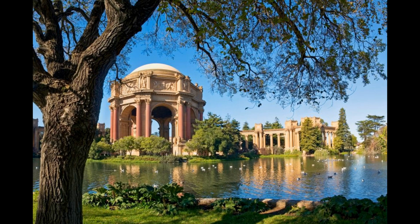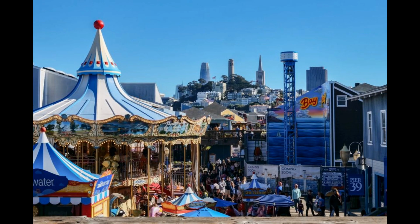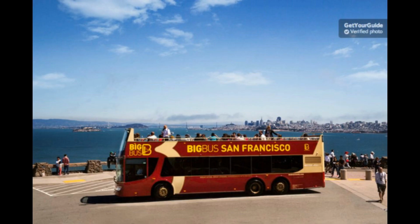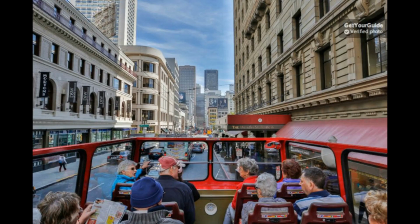As you explore the cells and grounds, listen to the gripping audio guide that reveals the tales of daring escape attempts and the lives of the inmates. With your 2-day Big Bus hop-on hop-off pass, have the freedom to explore San Francisco at your own pace. Hop on and off the bus as many times as you like and enjoy the informative and entertaining digital audio